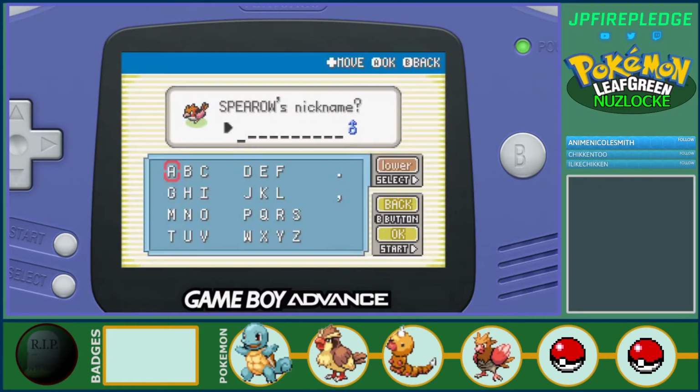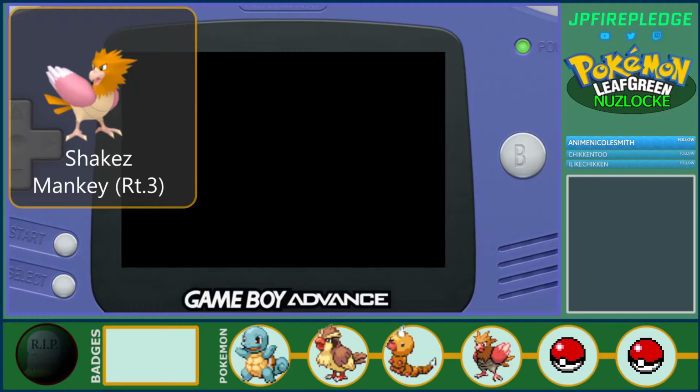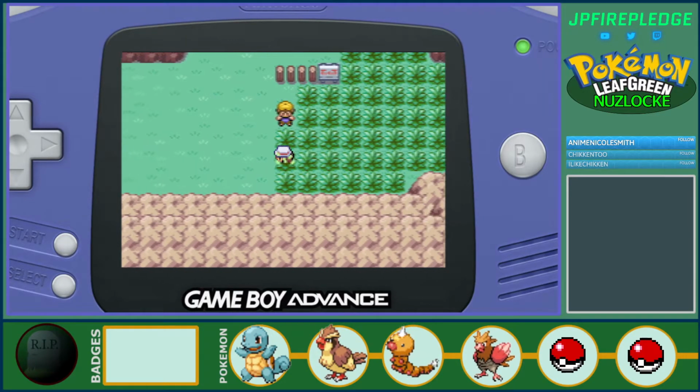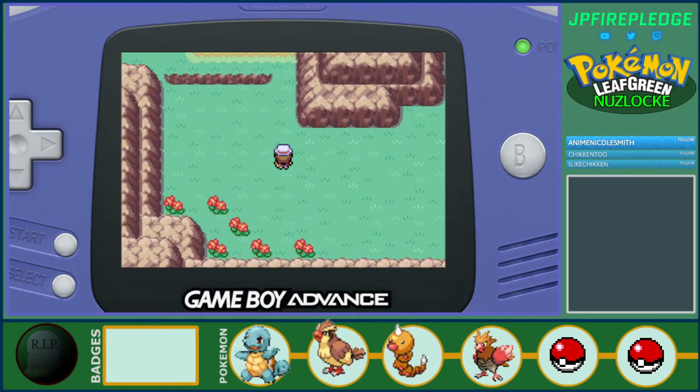We need to give him a name. He's a little boy. How about we go with Shaky? Actually, let's go with Shake Z. William Shakespeare. Mr. Shakespeare, how you doing? That was the only patch of grass we had, so we fought the trainer in...